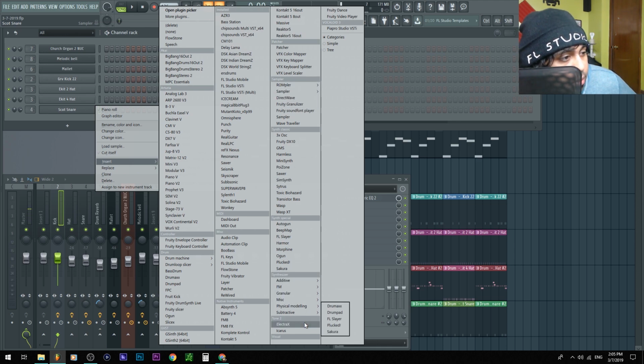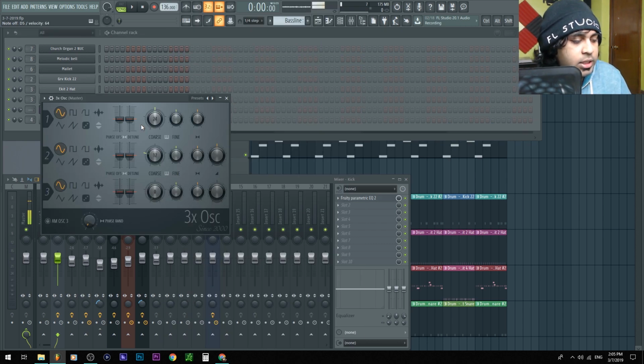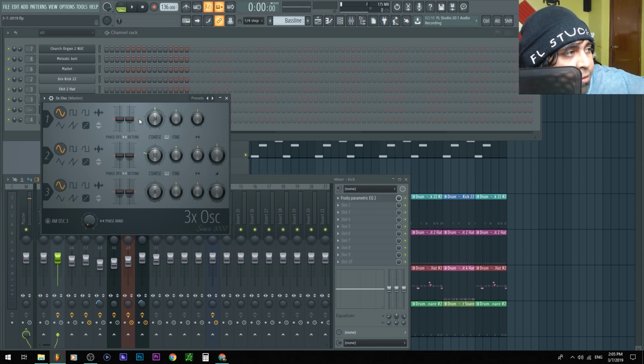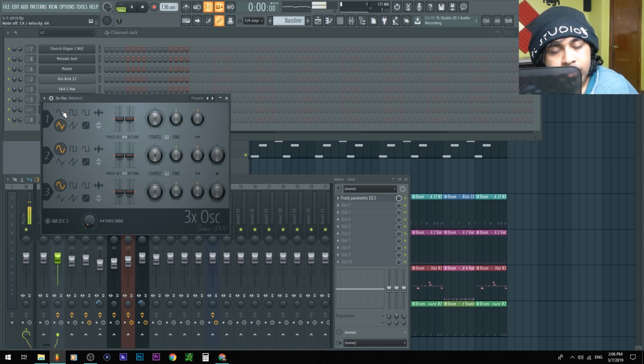Where are you? Subtractive. When in doubt, find this out. Last but not least, for the oscillator, is something we have to adjust. For a bass line, we could take the chorus and drop it all the way down and drop these velocities down, and all of a sudden we got bass. We could change the shape. That one's always a cute one.